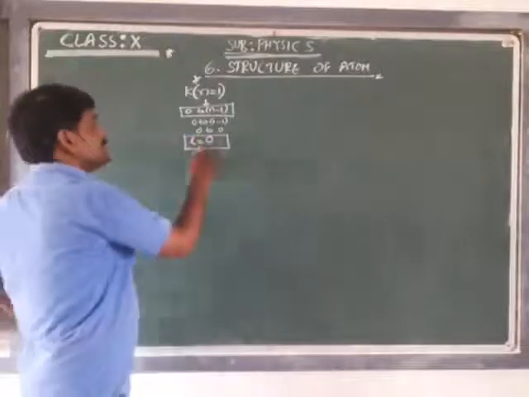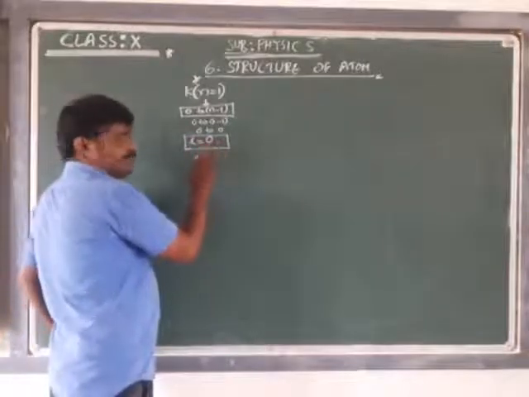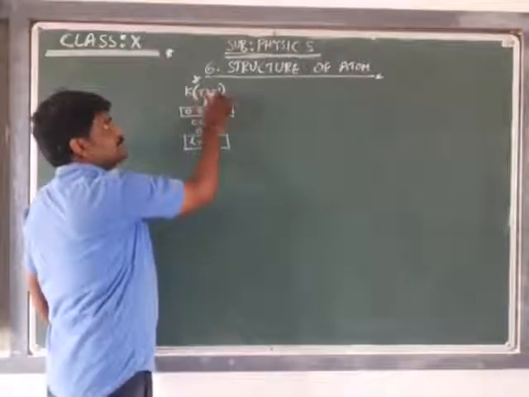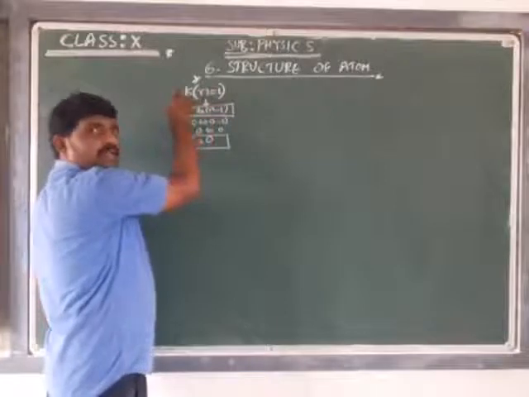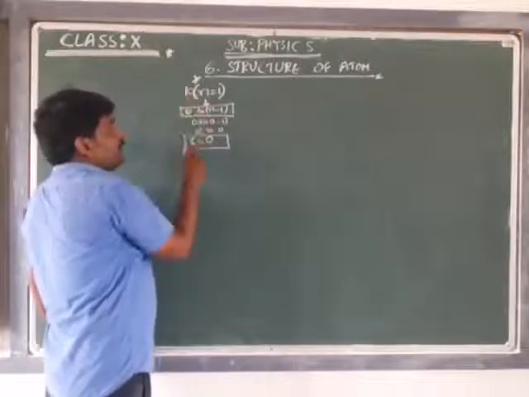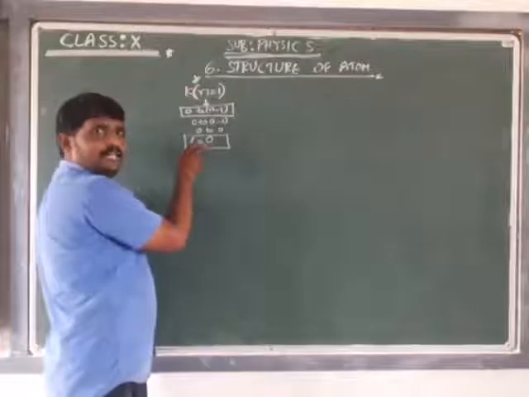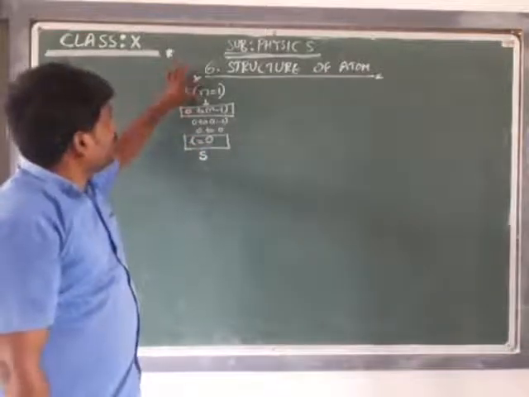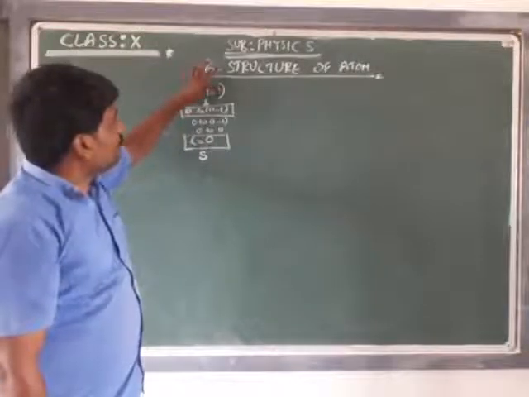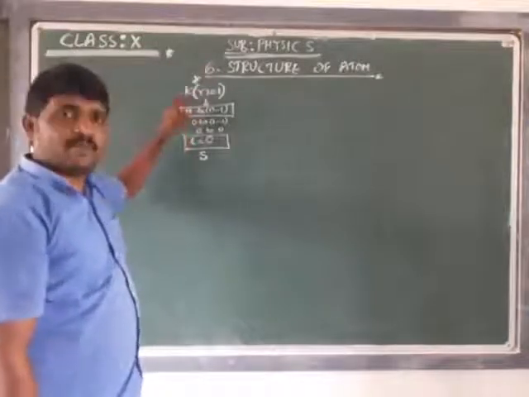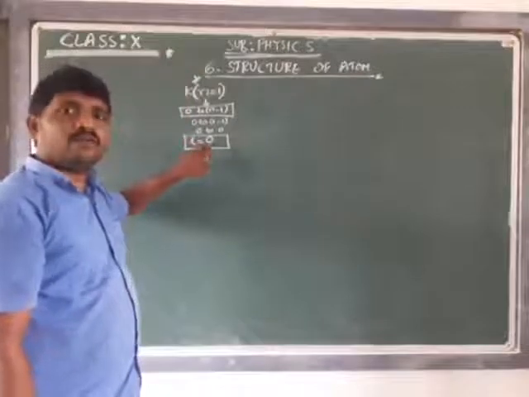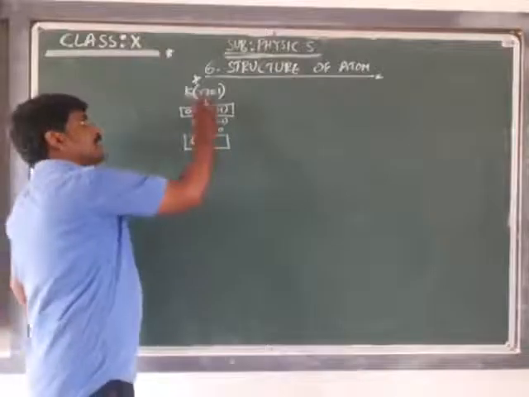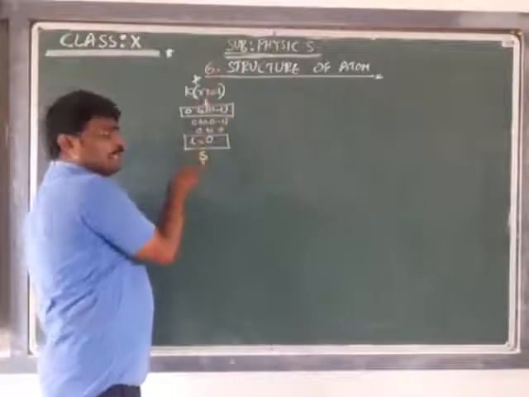How this subshell is referred to, we will discuss later. For n equal to 1, the principal quantum number is denoted by K, and L equal to 0 is the subshell which is denoted by S. n equal to 1 is the K shell, the main shell. L equal to 0 is a subshell denoted by small s. That means if n is equal to 1, we have one subshell.